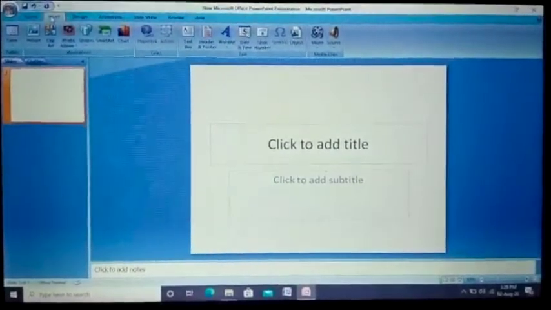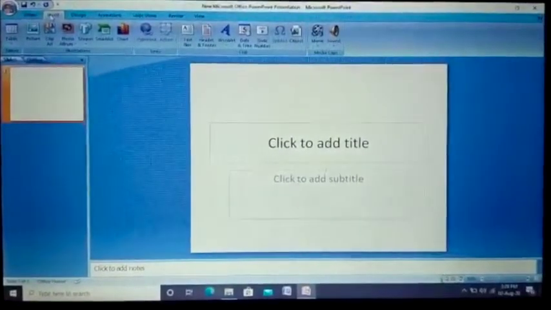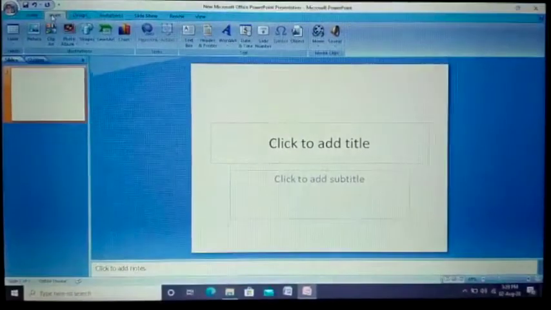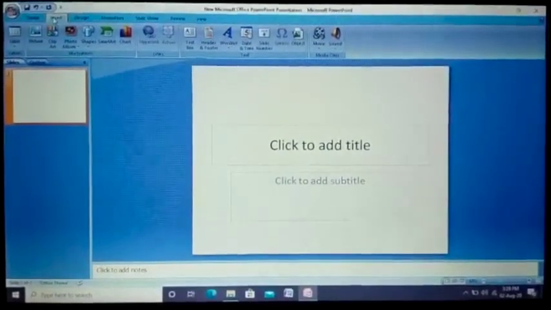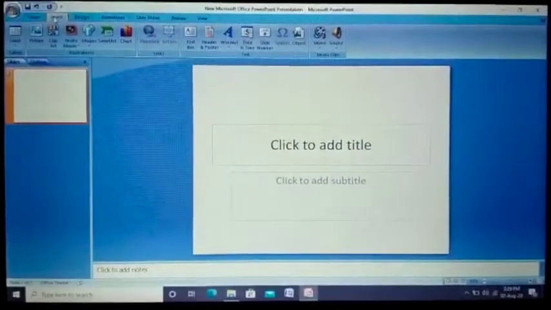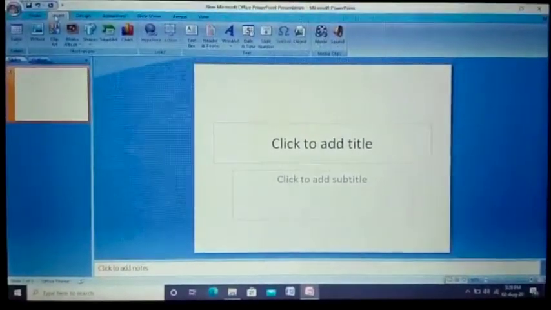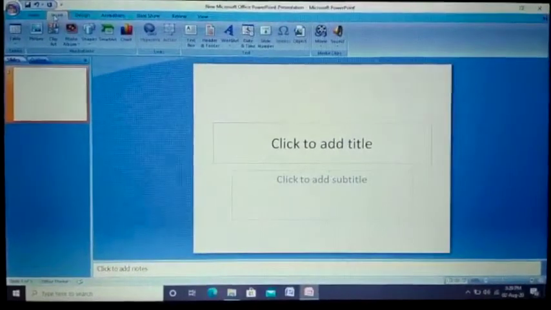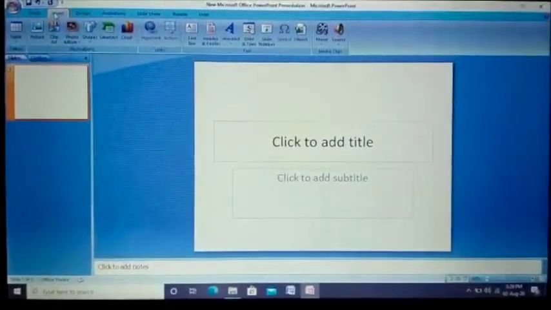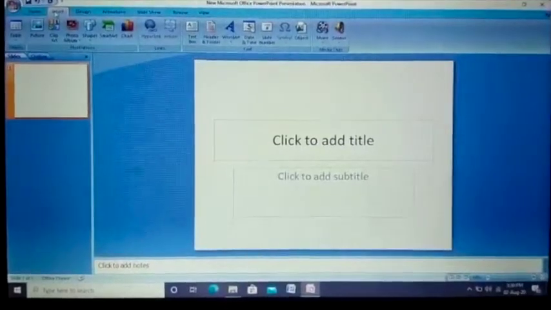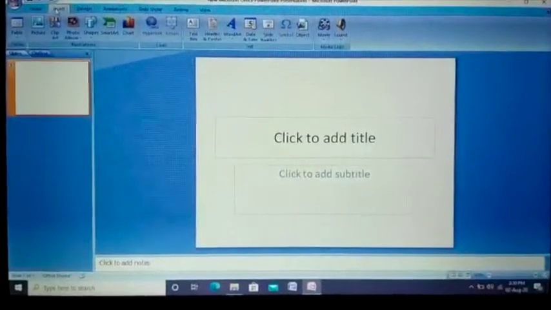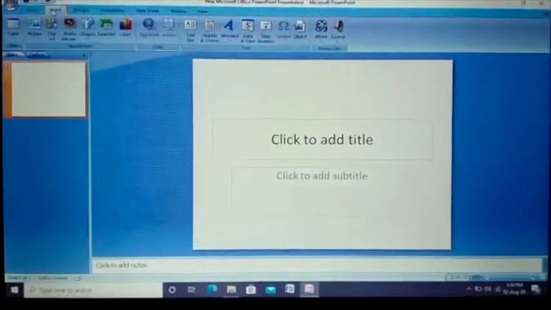Templates are the default themes and text arrangements that are already designed in PowerPoint. You can simply select a template, just add text or video or audio on it, and your presentation is ready.